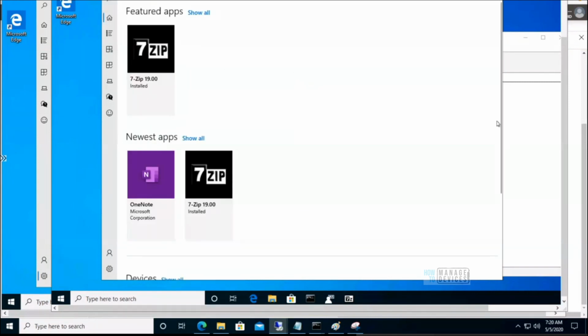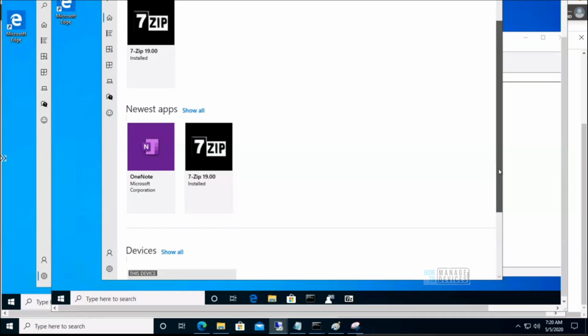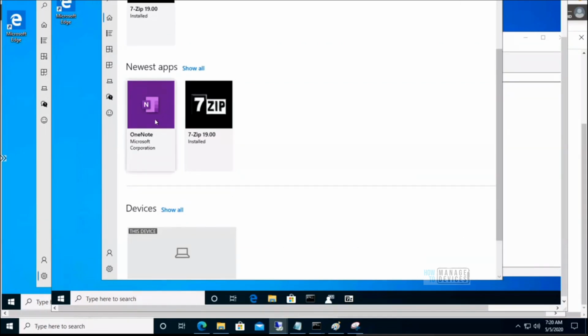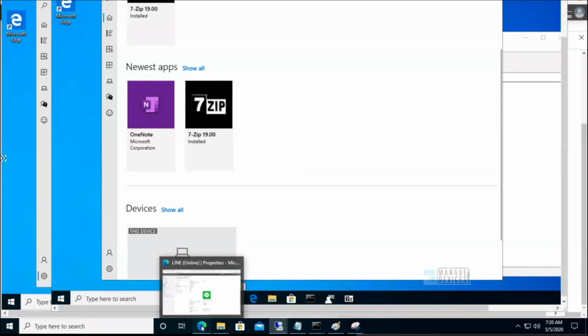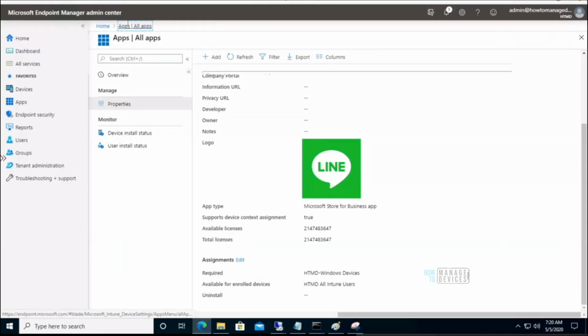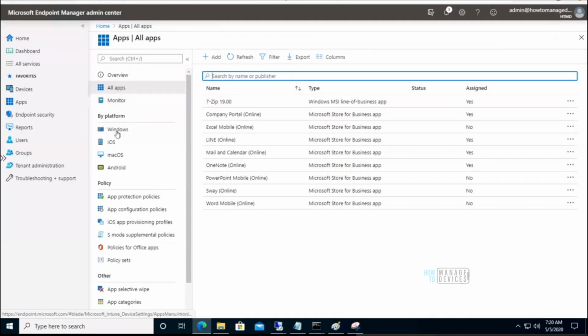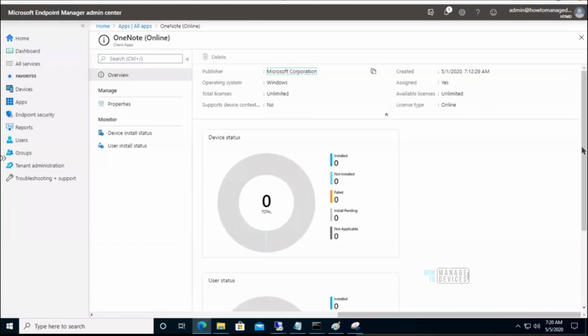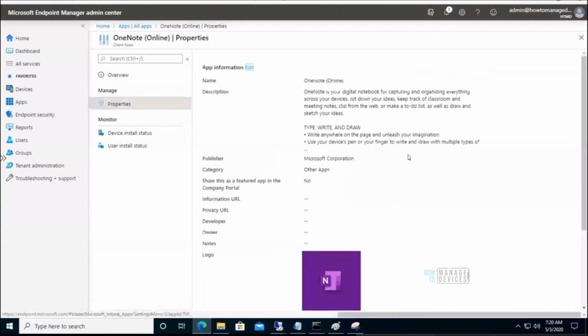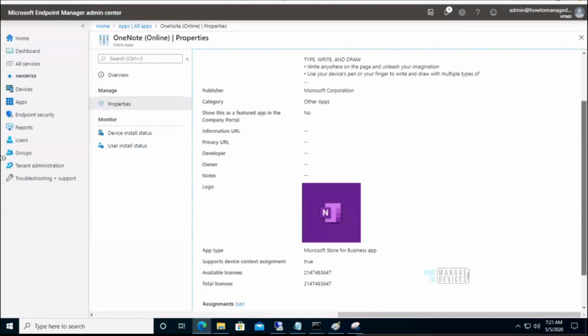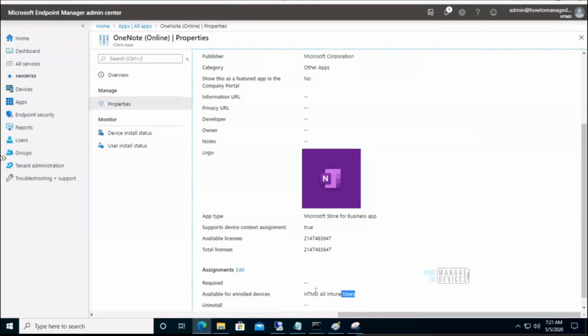But yeah. Okay, so the first application is OneNote. If you don't remember OneNote, that was the initial one which we removed from the available device group, and we added a user group as available.